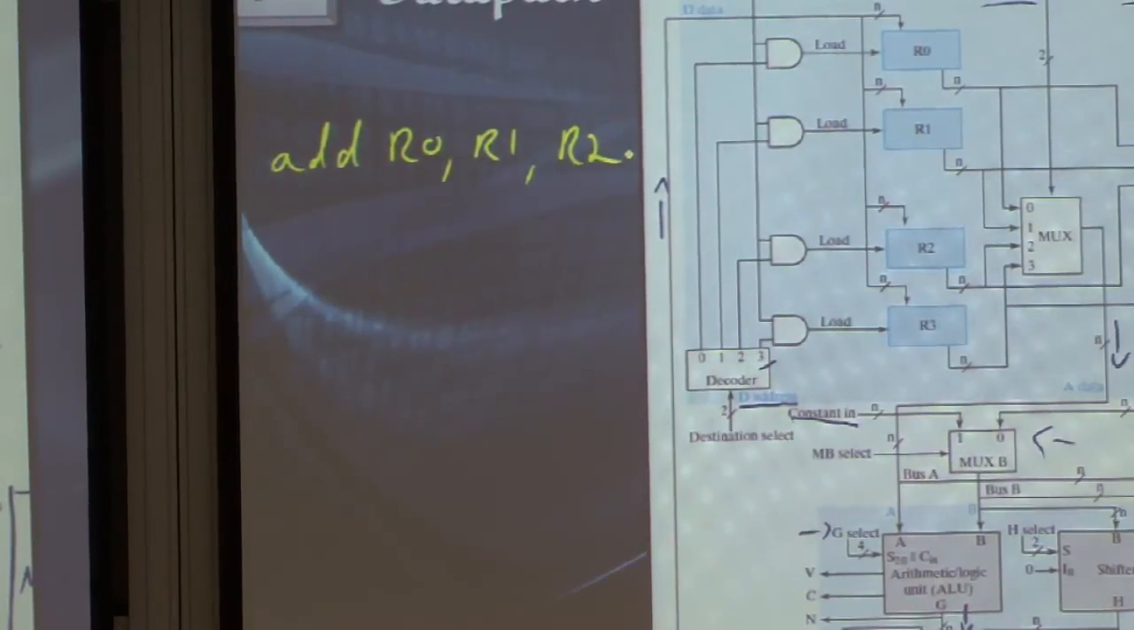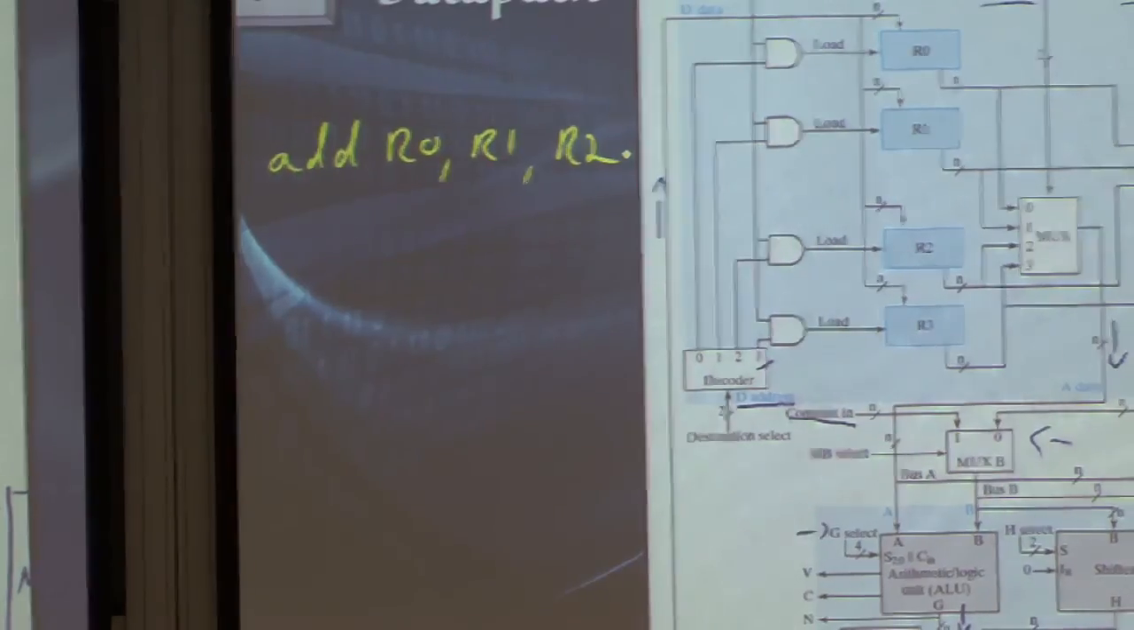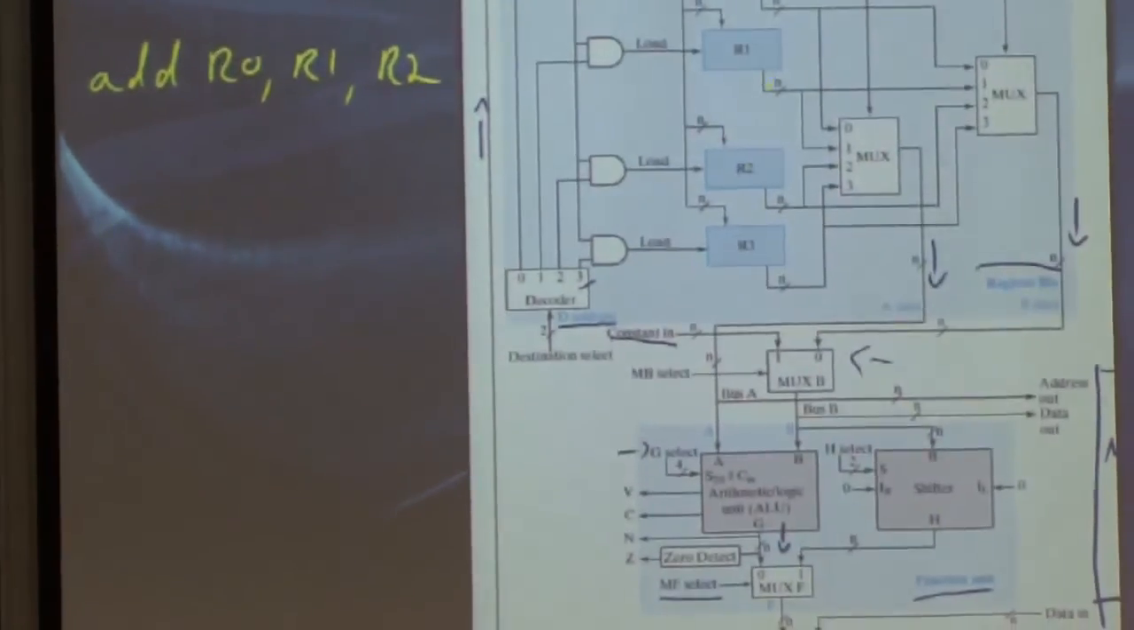For example, an assembly instruction will be add R0, R1, R2. This instruction says: take the numbers inside the registers R1 and R2, add them together, and store the result in R0. So the way to execute this in the data path, we will choose R1 and R2 using our